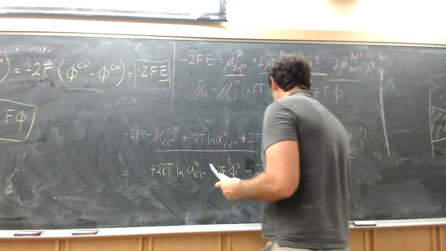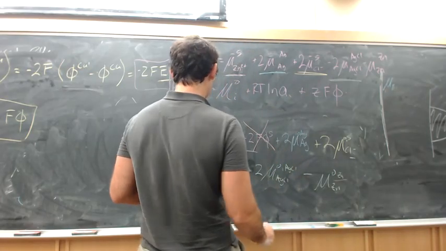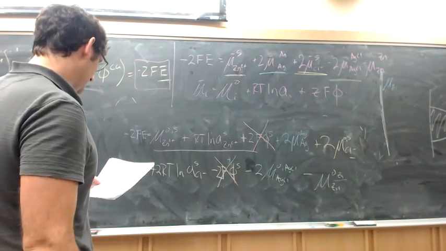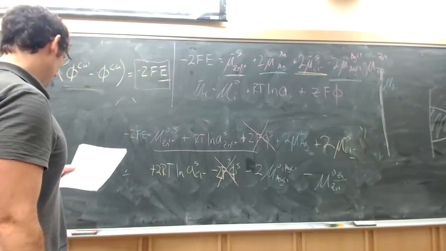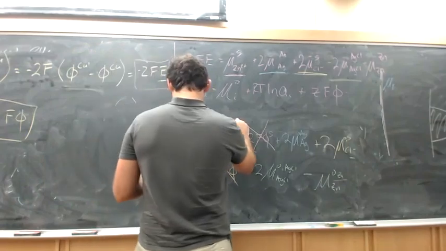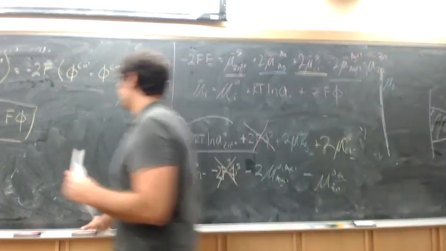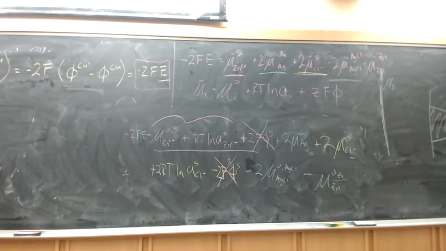Okay, so we can cancel some things out here. That nicely cancels out with that. And we can arrange this. So we basically have products. This is a product, this is a product. Let's just write this out over here, it'll be easier to write it again. Very simply, we're doing all this work to get something very simple. Negative 2Fe